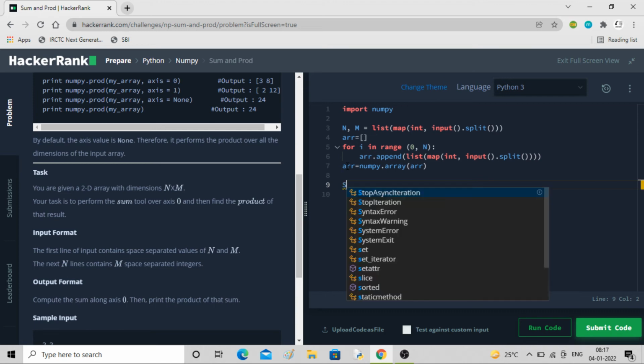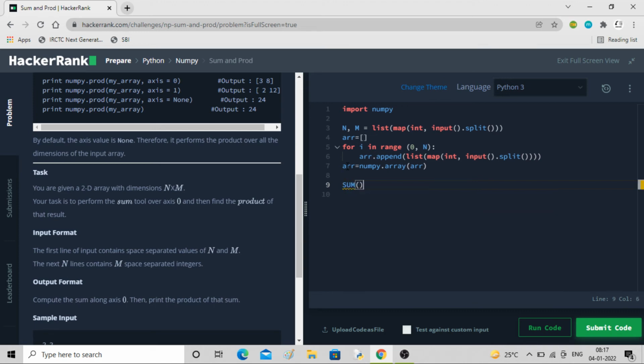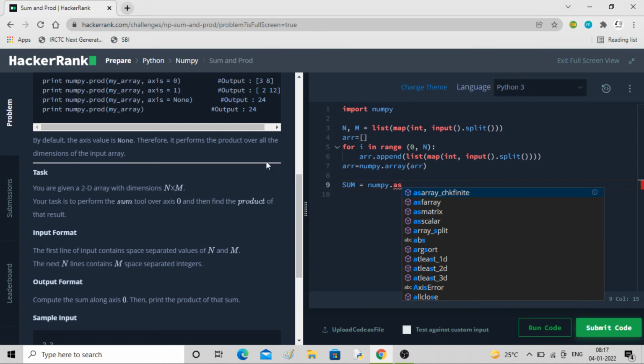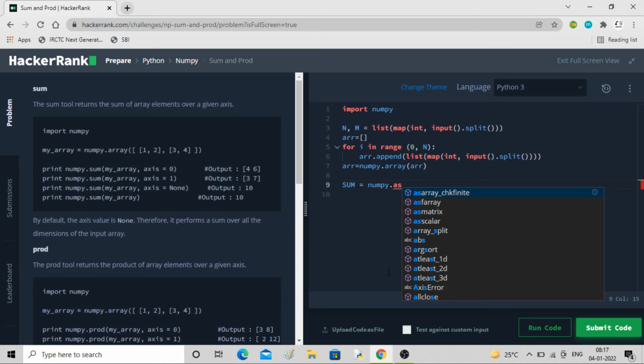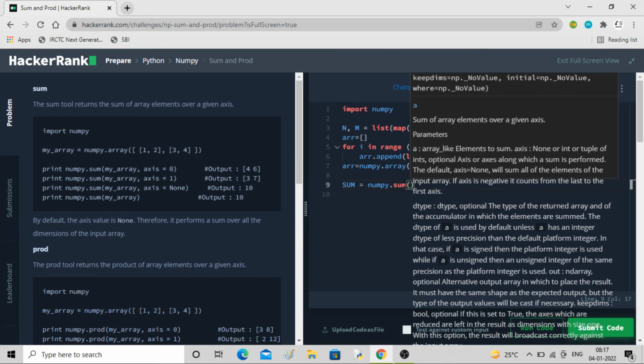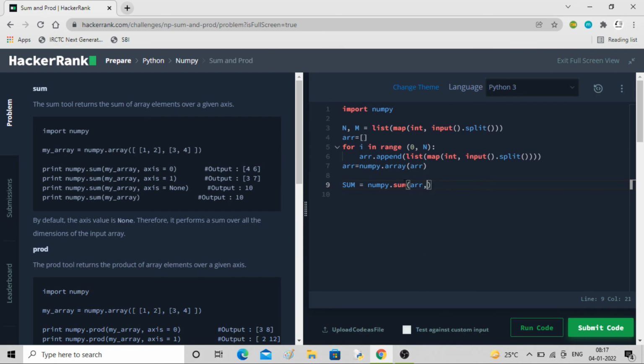Now let's calculate the sum first. I'll save it in capital Sum. This is numpy dot sum of the array, and axis 0 we have to use, right? axis equals 0.